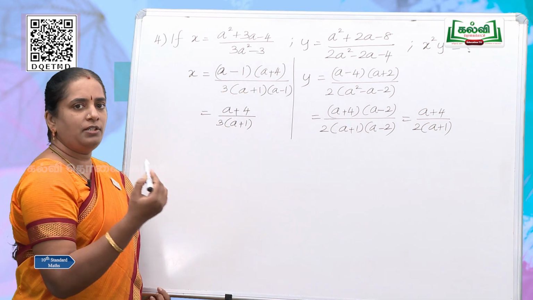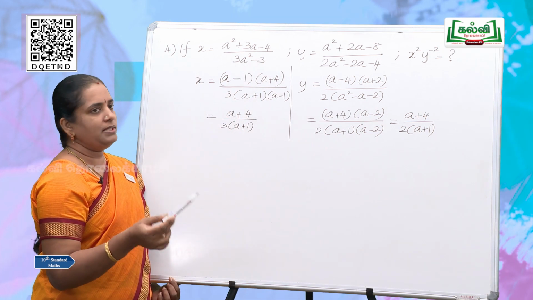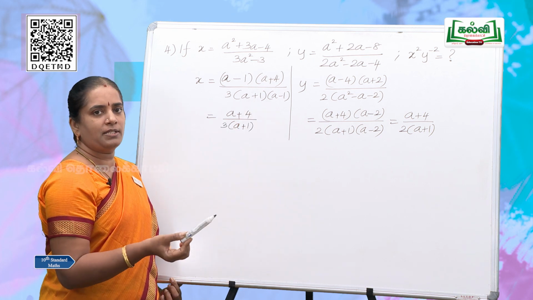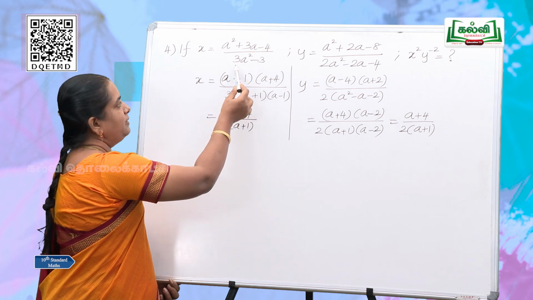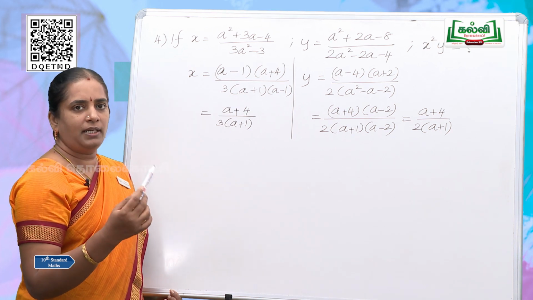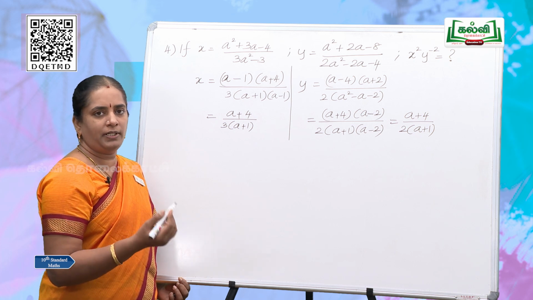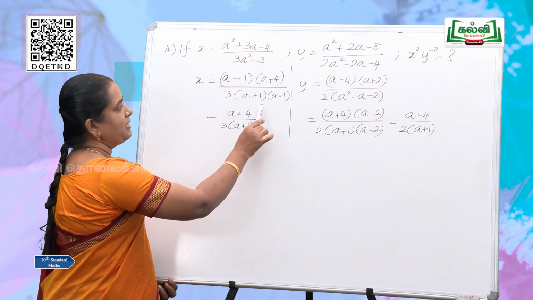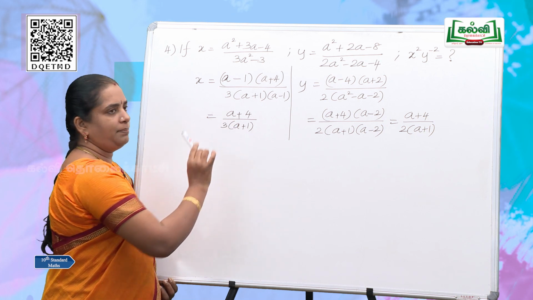So, we have to factorize the numerator as here the product is minus 4 and the sum is 3. We may say that as difference. So, the numbers are plus 4 and minus 1. So, a minus 1 into a plus 4. In the denominator, we have 3a square minus 3. We can take out 3 and read it as 3 into a square minus 1. So, a square minus 1 can be split further into a plus 1 into a minus 1 and then we may cancel these two and write it as a plus 4 by 3 into a plus 1.